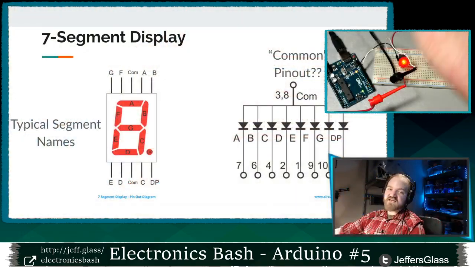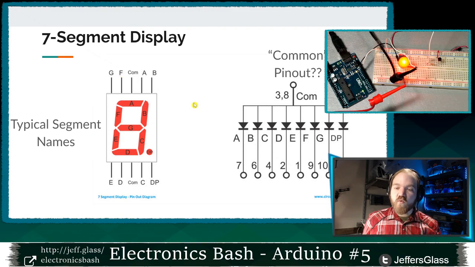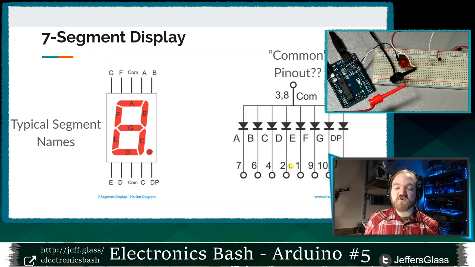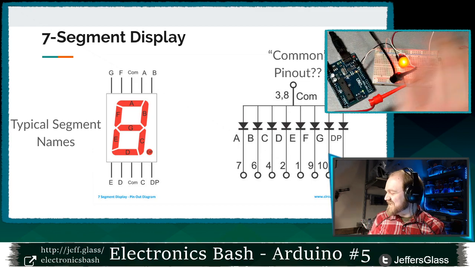And if you recall from last week, these can be wired one of 2 ways, where they are made of these 8 LEDs, and one side of them is connected together in common. In this example, the anodes are connected together. And then the cathodes, the downstream sides, are all individually broken out to a bunch of individual pins. So we apply some positive voltage to one of our pins, and then we choose which of the other pins to ground to turn individual segments on to display some numbers. Cool? So that was how we drove a single-digit 7-segment display last week,